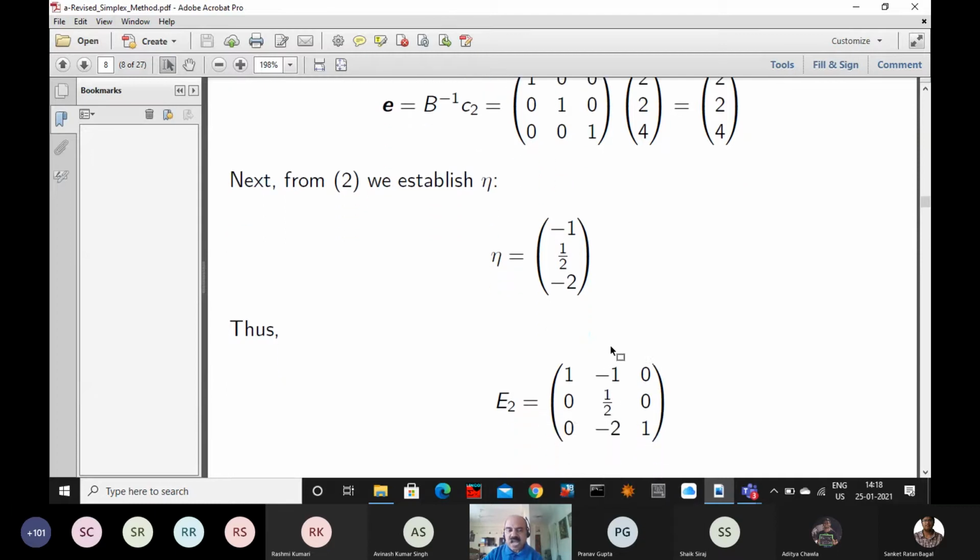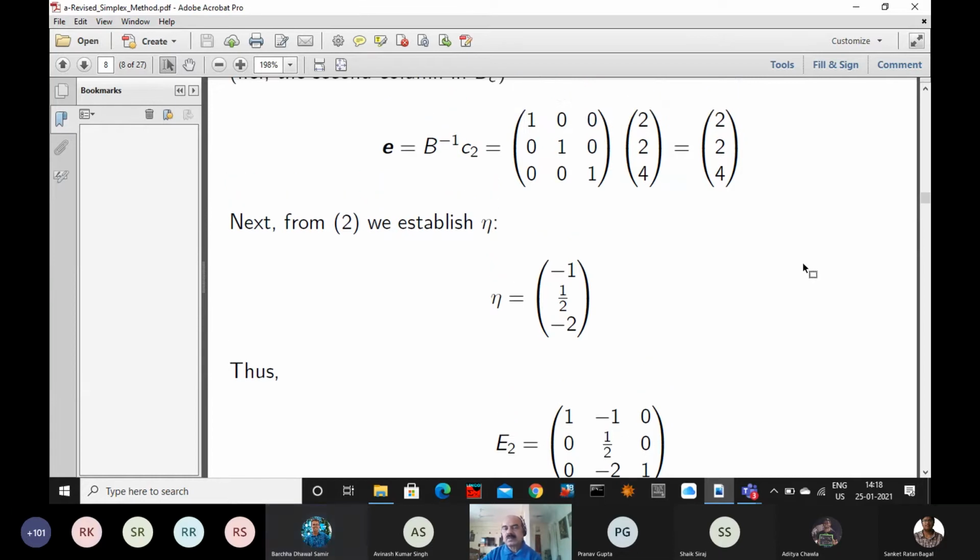Sir, with respect to this eta, how is that half coming? Can you explain? Let us say these elements are A, B, C, all non-zero. B is the pivot element. Minus B means 2 minus 2 by 2. Then C, that minus 2, came from 4 by 2 with a minus sign. How did the half come? 2 is the pivot, so the reciprocal: if it is P, it is 1 by P. You have forgotten the simplex table. Achha, direct reciprocal. Yes, got it. So eta we are getting.